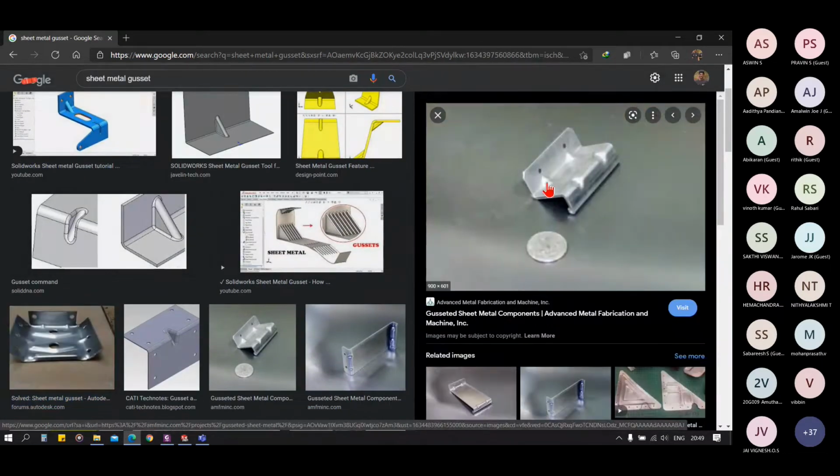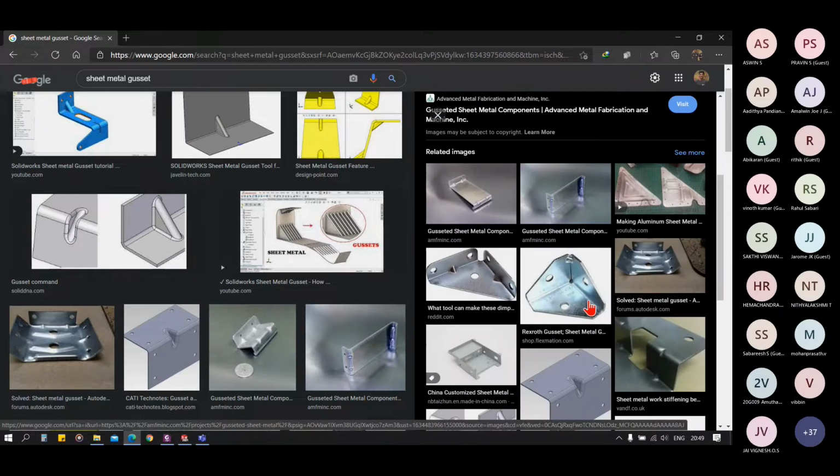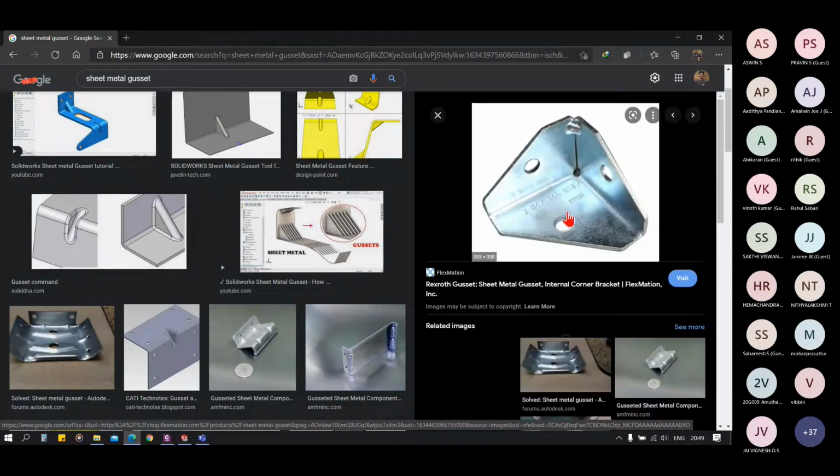You can see these gussets. These are examples of sheet metal gussets. You can see the corner relief here, and also this sheet metal gusset here.